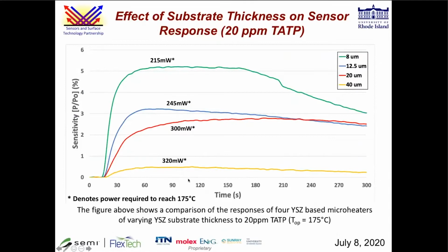It doesn't even register. So these were all done at 175 degrees centigrade, and you can see these are the different powers that were required to get the sensor to that temperature to react with the analyte, that is, to get the catalyst to react with the analyte. This was done with tin oxide as a catalyst,